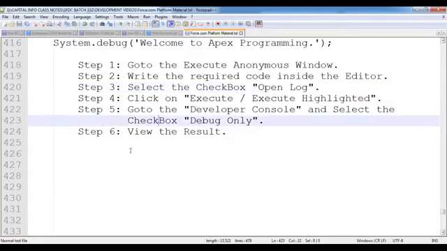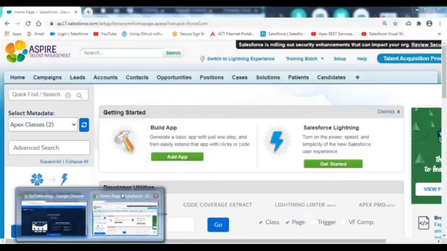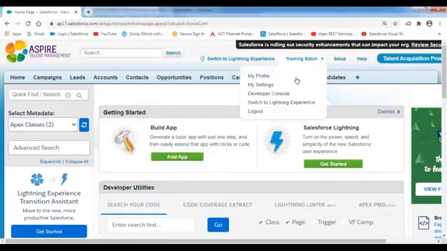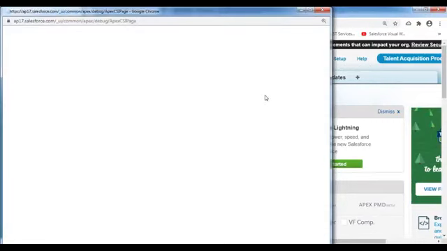Now, so now let's go to your execute anonymous window. Go to your Salesforce instance. Go to the developer console. To open this developer console editor,